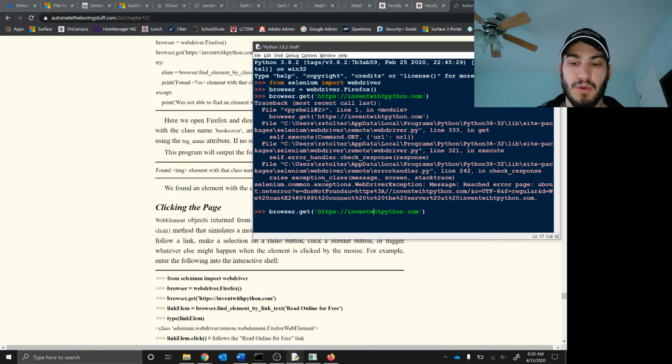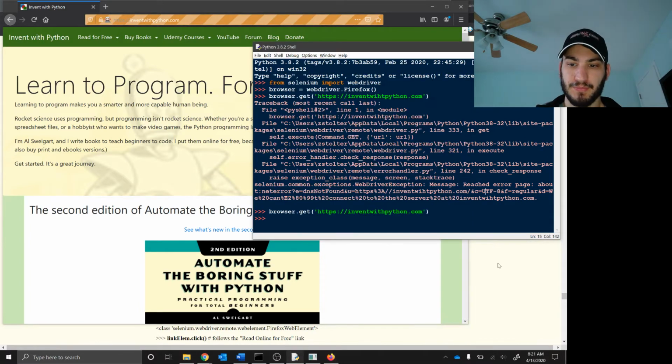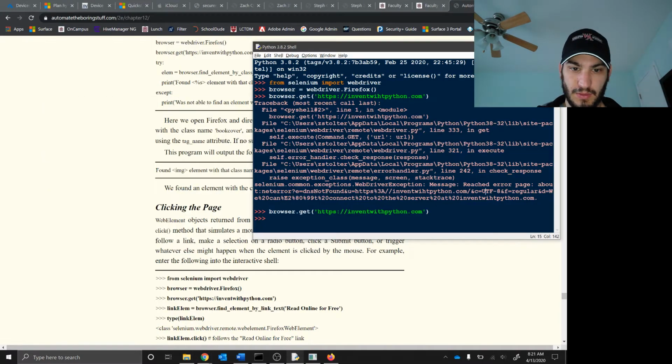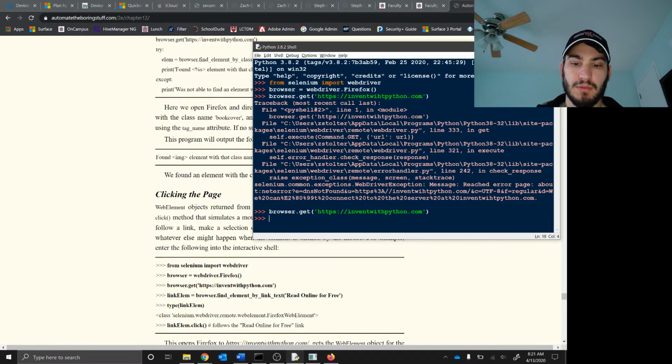Just a simple typo, guys. And here we go. No, I need this and this. Now, link element equals